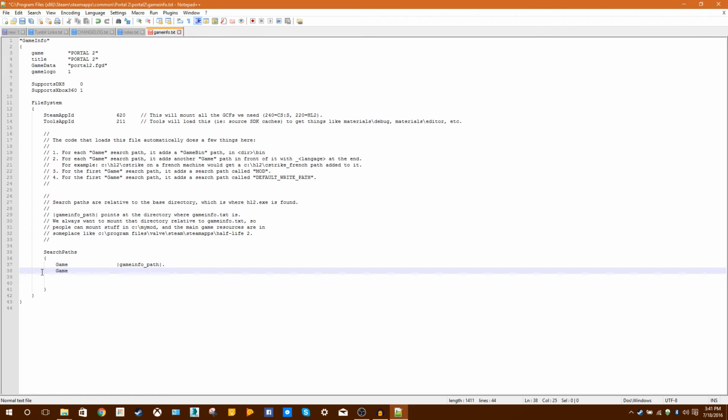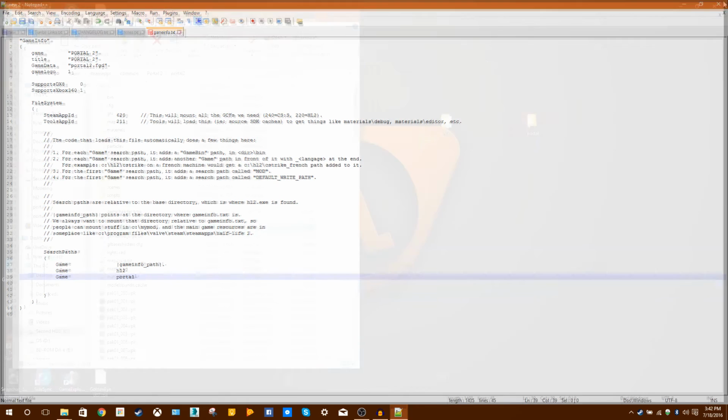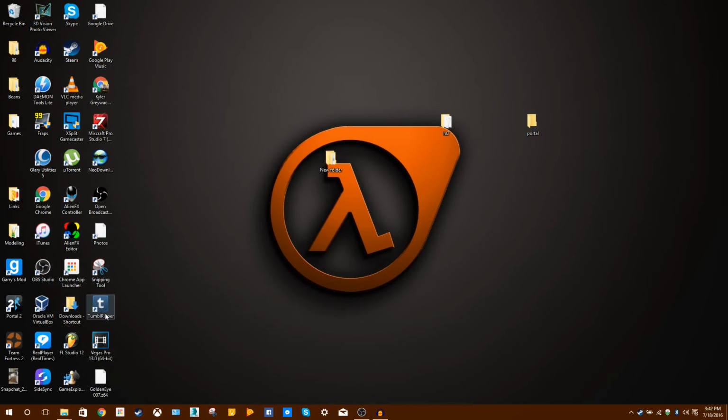Hit tab a few times until your blinker is under gameinfo path, and type the folders that you created. In our case, HL2, hit enter. Do the same thing with Game again. Hit tab a few times, and then when you're under HL2, put Portal, and Ctrl+S to save. Once that is saved, exit your text application, and then open Portal 2